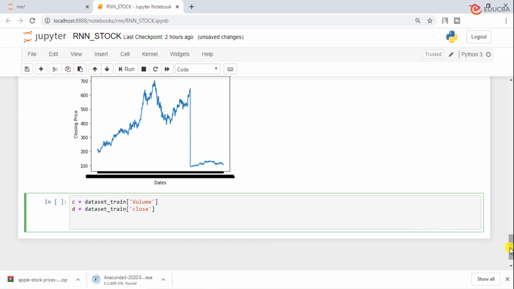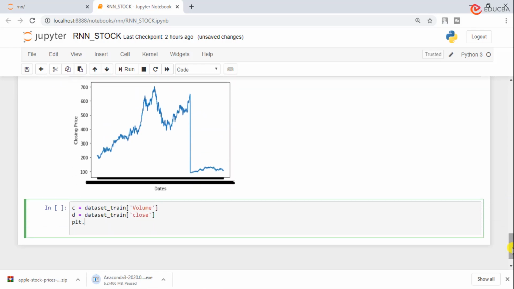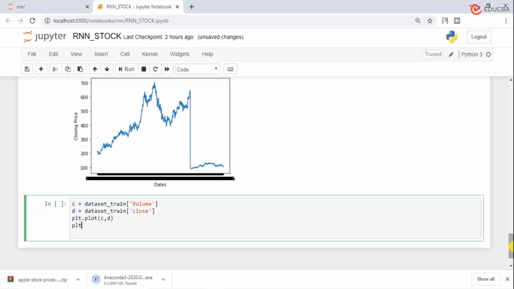Then other things are the same. Plot, plt dot plot, pass the coordinates here, objects here, and then label it, plt dot x label.